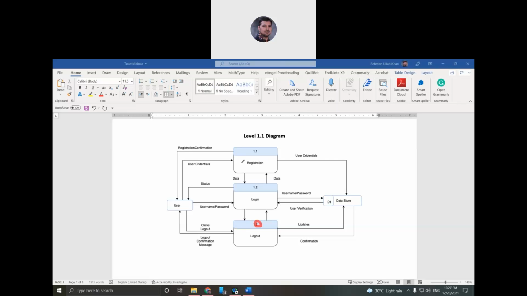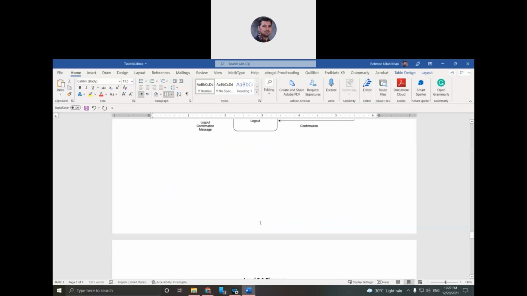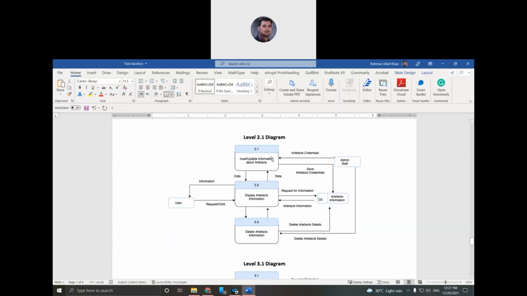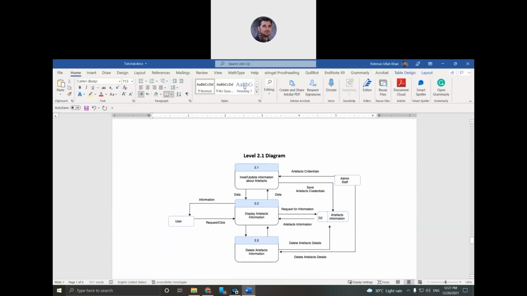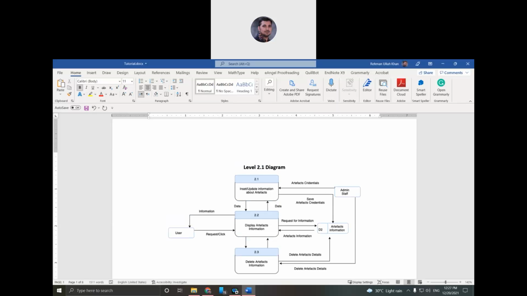Now go ahead to the next process, and I give it the name 2.1 diagram. From a diagram naming point of view, it is also the same level 1 diagram. Don't get confused by this.